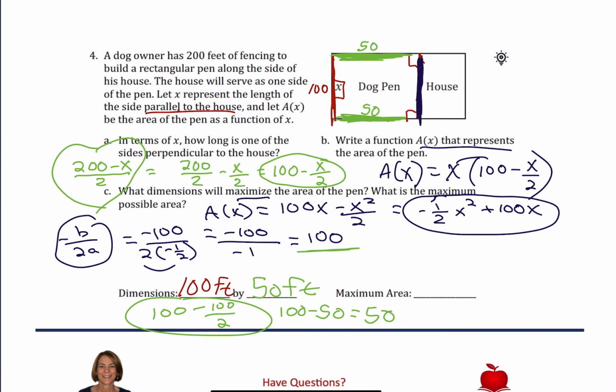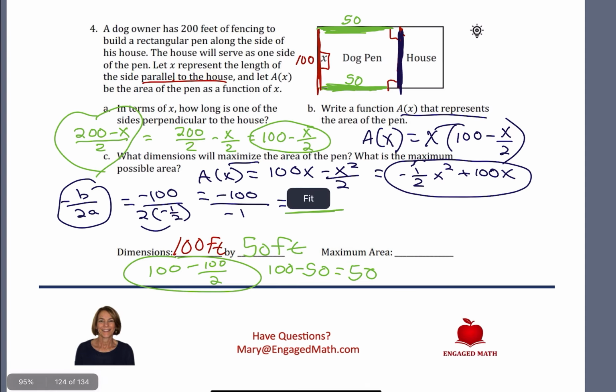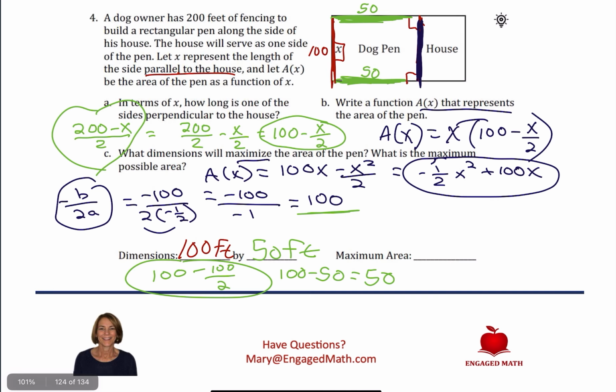We don't need to worry again about the house. I'm going to zoom back in and now show you that the maximum area is going to be the 50 times the 100. So we know that that's going to be a 5 with 3 zeros, or 5,000. And because it's area, we're going to use the square, so it's